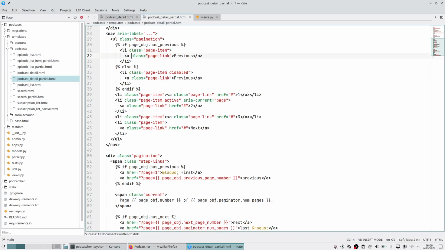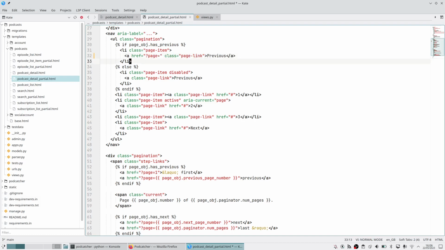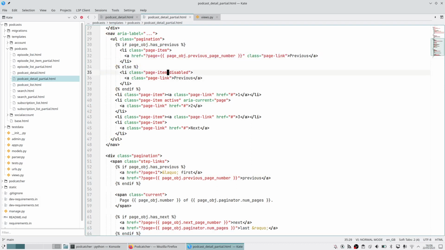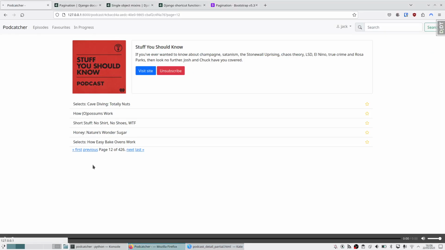And the href here is just going to be whatever this is, so page equals, let's just copy this, like that. Maybe we can inline this, if page not previous disabled, but let's not bother with that for the time being. Refresh this, see if it works. So previous,